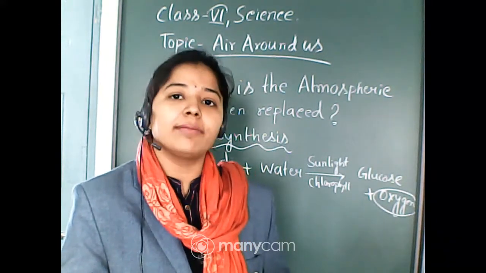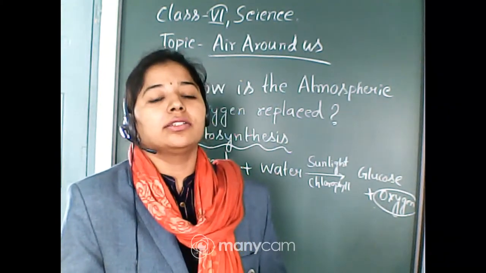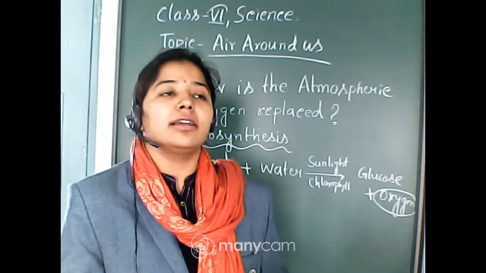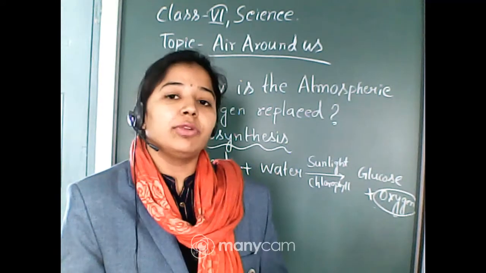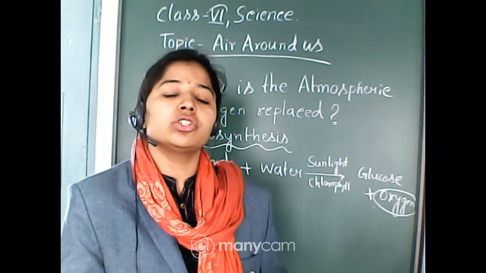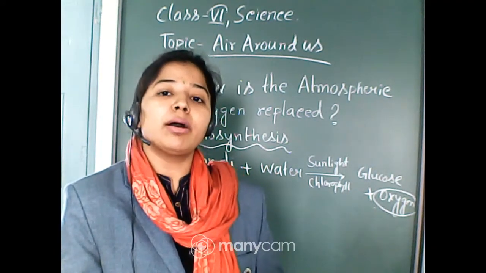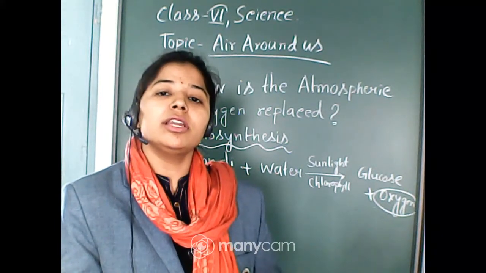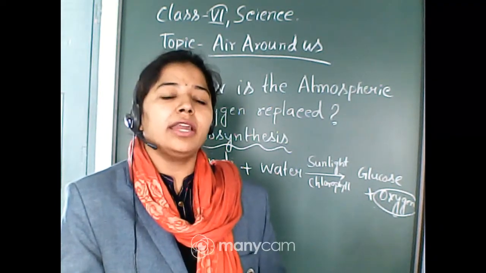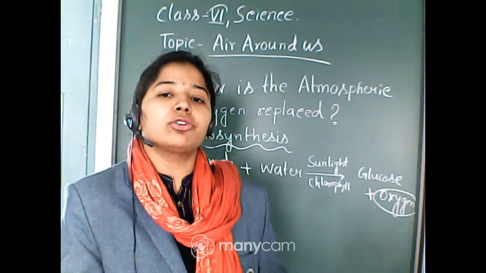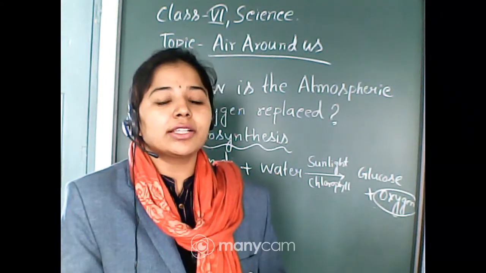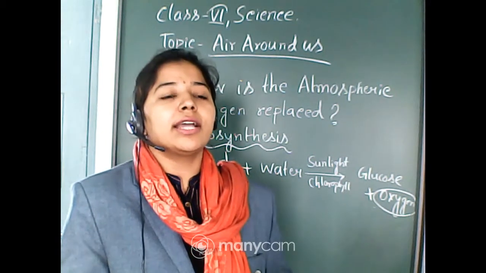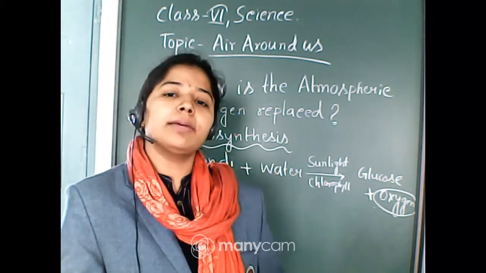We inhale oxygen, and the oxygen is provided by plants during photosynthesis, as they produce a big amount of oxygen. That is why all living organisms, including animals, utilize that oxygen for their respiration, and we are exhaling carbon dioxide